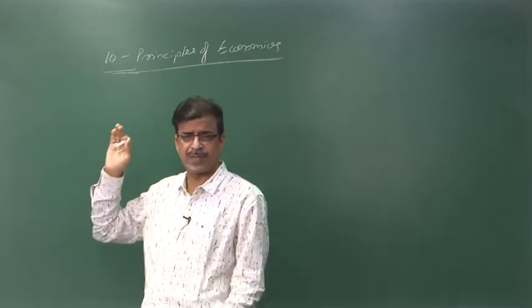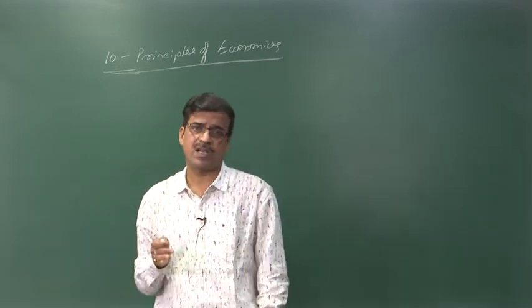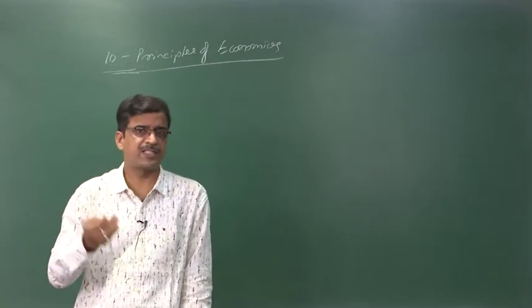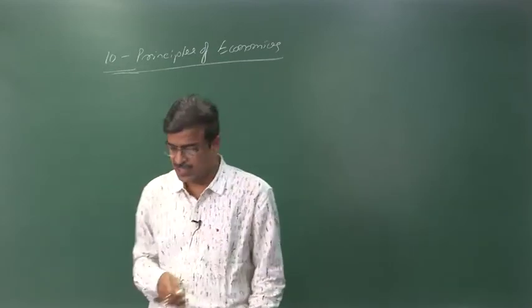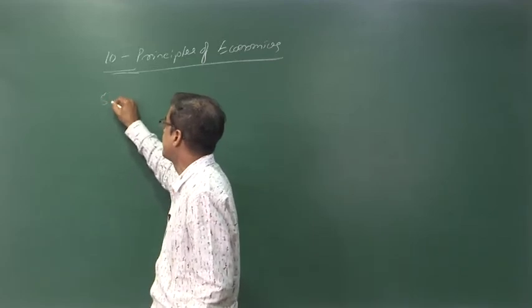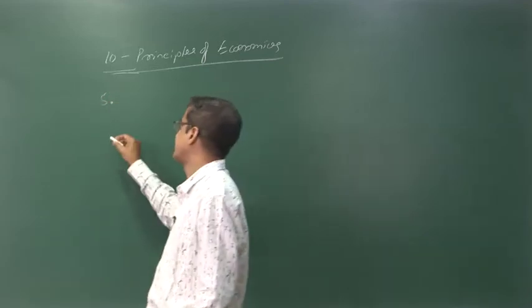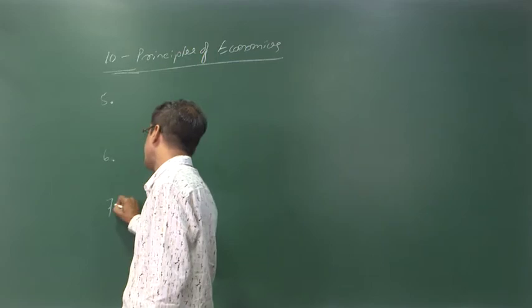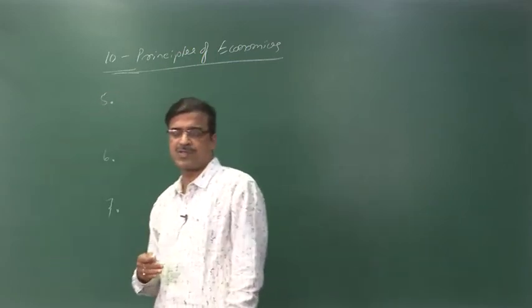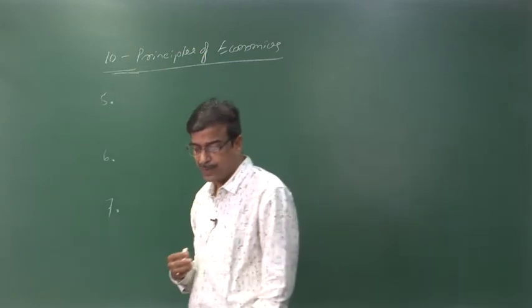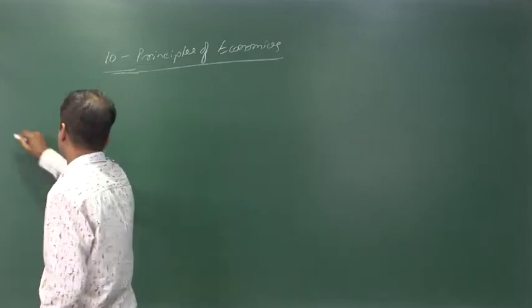So, those 4 principles we covered in the last class. Now we have to move to the next principles. Let us start with principle number 5. Principles 5, 6 and 7: these 3 principles are related to how people interact,